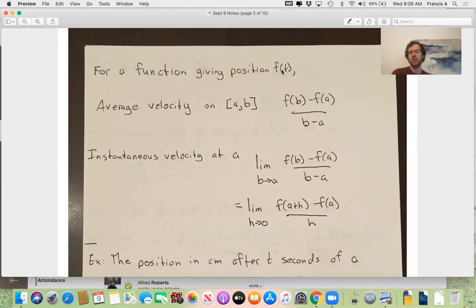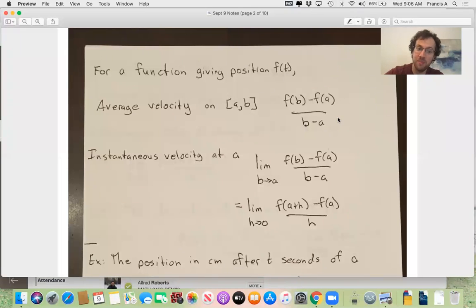Often we start at the initial position, but sometimes maybe you start 2 feet to the right of the initial position. Anyway, there's some function telling you what your position is over time. And then the average velocity on an interval is the change in your position, f of b minus f of a, divided by the length of the time interval that you're moving over, b minus a,